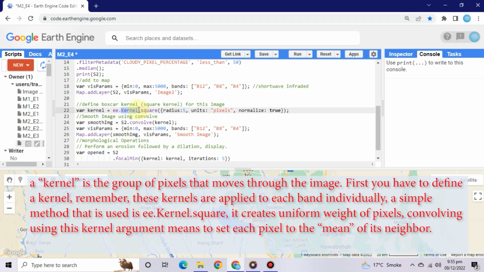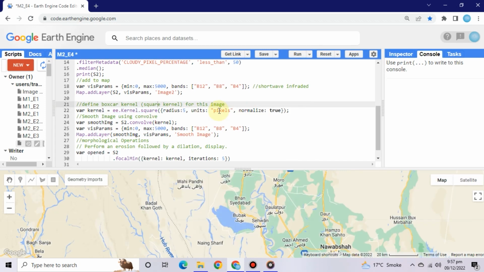A kernel is a group of pixels that moves through the image. First, you have to define a kernel. Remember, these kernels are applied to each band individually. A simple method that is used is ee.Kernel.square. It creates uniform weight of pixels, convolving using this kernel argument, which means to set each pixel to the mean of its neighbors. So, to define a square kernel, which is also called a boxcar, introduce a new variable